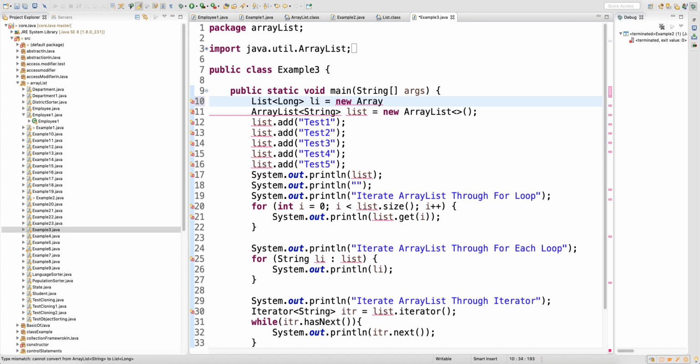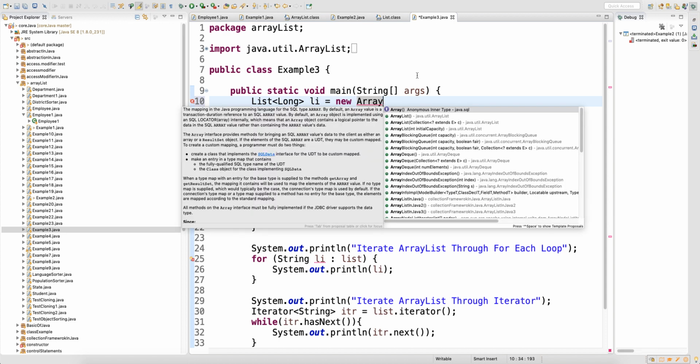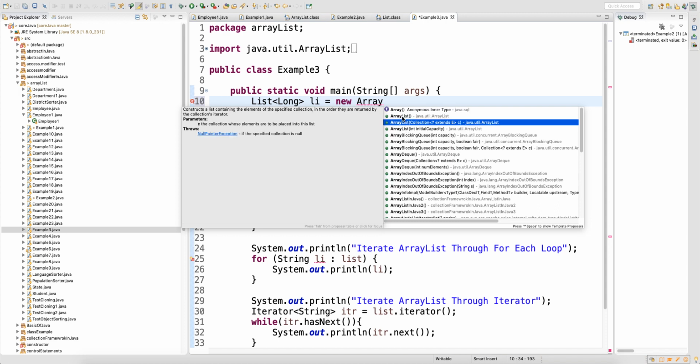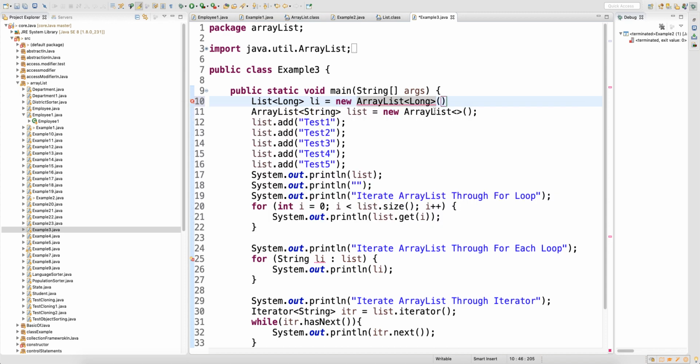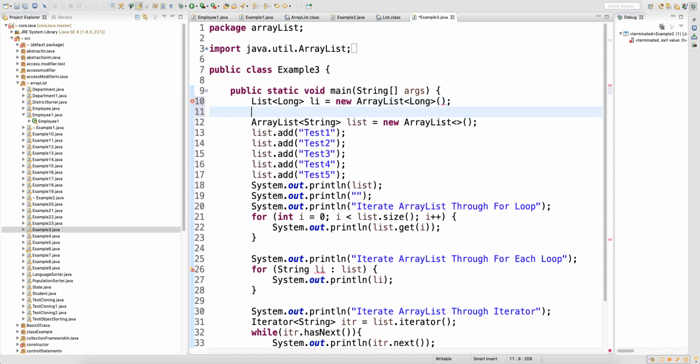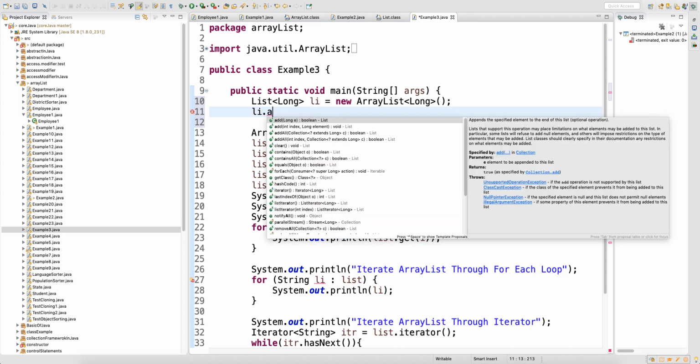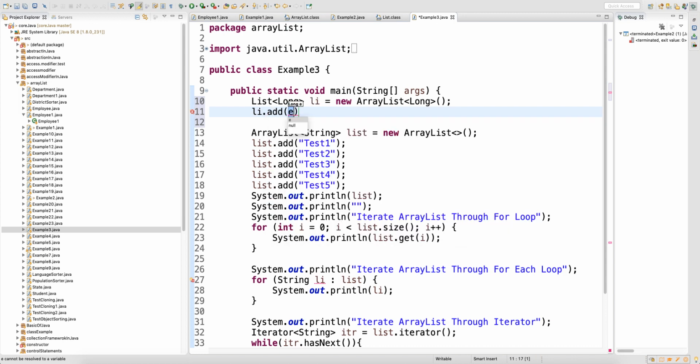So here we can create the object of the class, or just write ArrayList and press Ctrl+Space. Then there are multiple constructors in the ArrayList to create the object. I'll go for the default one, or I can go for the initial capacity. This is also fine, but generally we prefer the default one. Capacity I have already shown you in my previous video. So here you can store only Long type of data. You know that when you have long, you can store integer also, short also, byte also, which is perfectly fine, because long